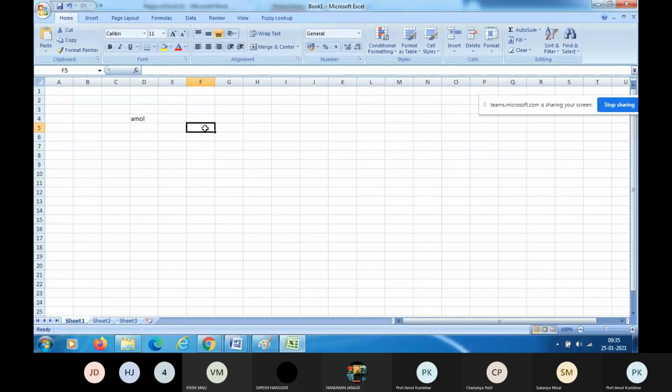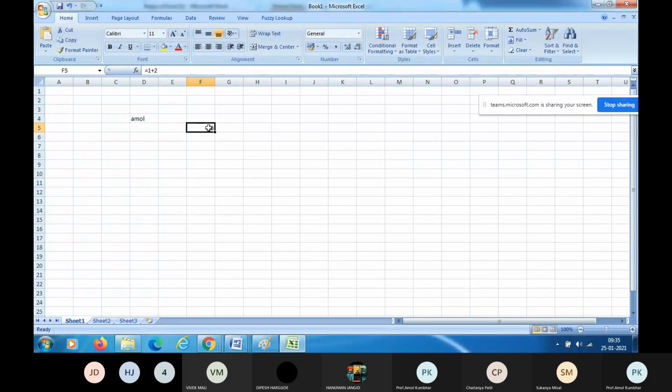Everyone knows the formula for addition, A plus B, right? Suppose we have numbers 1 plus 2. See what has come in the formula bar? Equal to 1 plus 2, right? So if you press the enter key, then your answer will appear in that active cell.